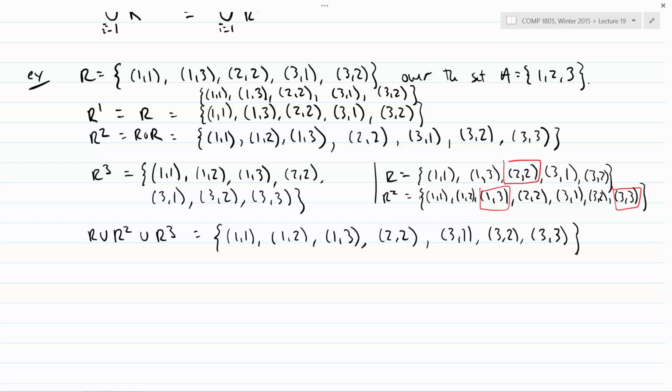In this particular case, you don't, but in general, that's what the transitive closure is. So it doesn't hurt to take that extra union. It doesn't add any new elements. But there are examples where R cubed and R squared won't be the same. And in that case, you do need to take the union of both of